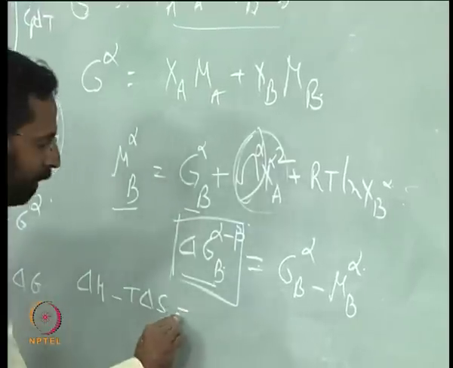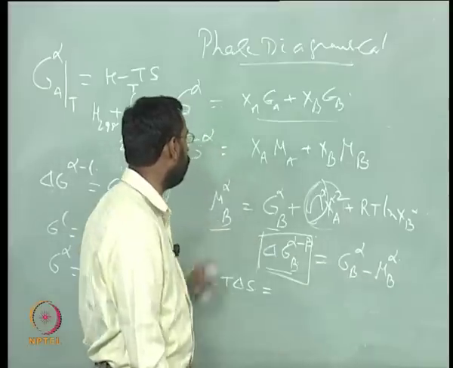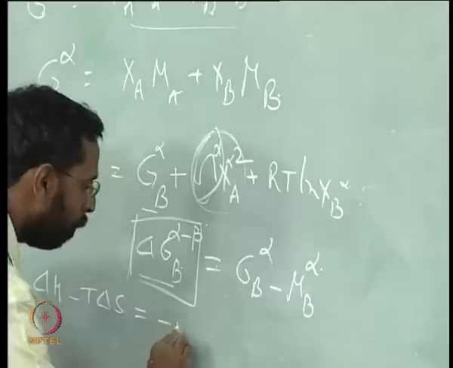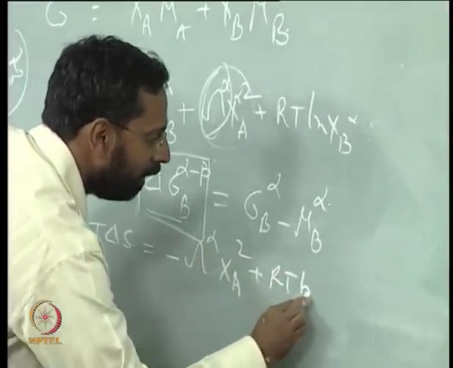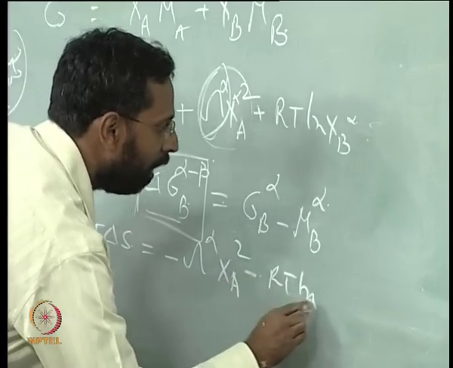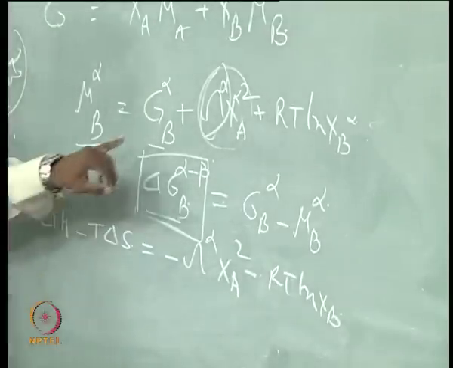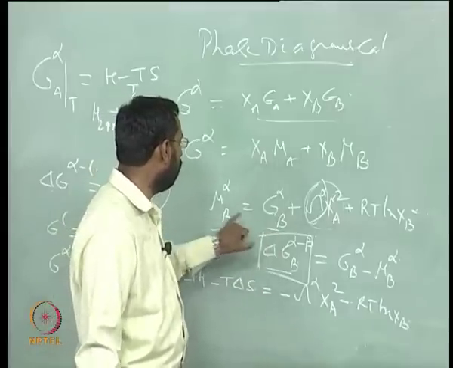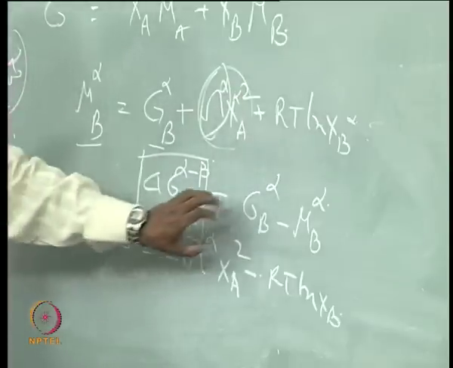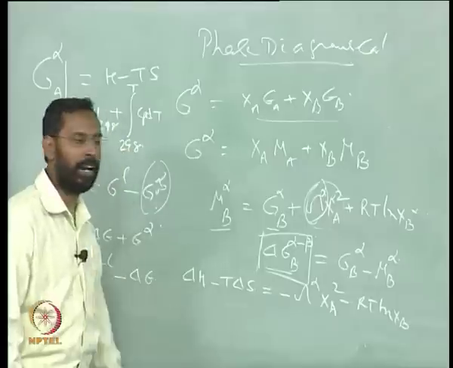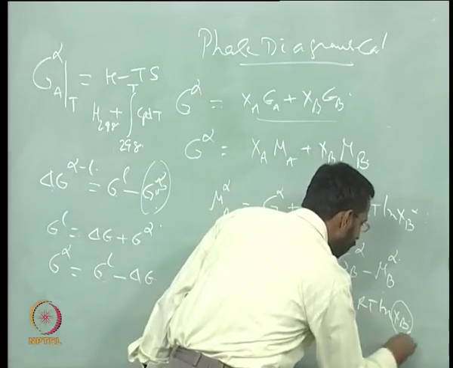And if I put that, this would be equal to, if you take this as GB minus mu alpha, GB minus this becomes minus of omega alpha x a square plus RT ln, not plus, this also will be minus RT ln xb. Am I right? So, this delta G is this minus this. So, you take this whole thing on this side. So, this minus this is equal to this value. So, you can show that, and once you show this, then what we can actually write is find out how xb changes with temperature.